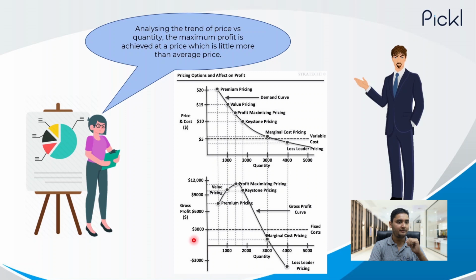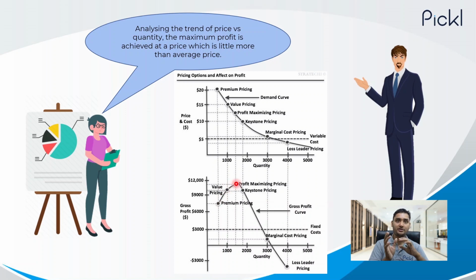So let's see this graph. On the top, we have our same old price versus quantity graph. So as the price reduces, the quantity increases. At the bottom, we have our graph for profit, right? So you see, as the price reduces, the number of quantity sales increases, and that increase in sales is able to overcompensate for the decrease in price, right? Let's understand it again. The sales is increasing, the price is decreasing, right? The increase in sales is able to overcompensate for the decrease in price, and hence the overall profit is increasing,